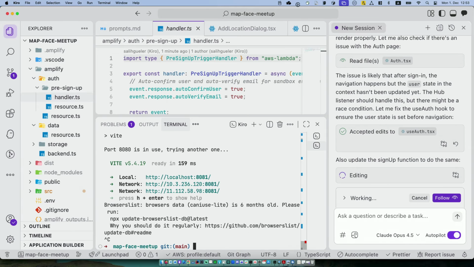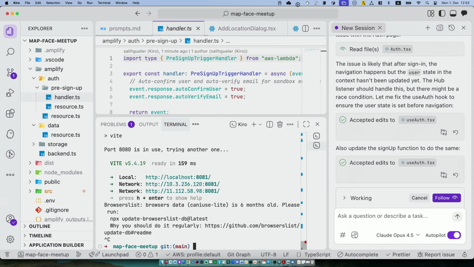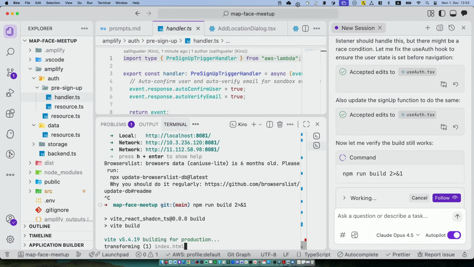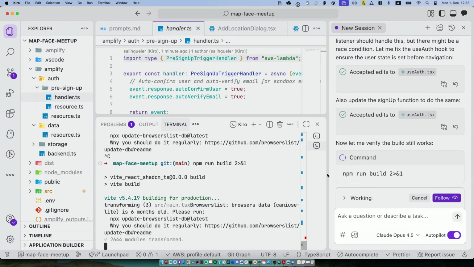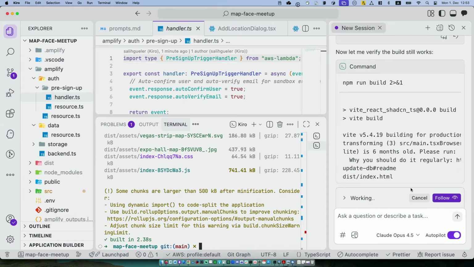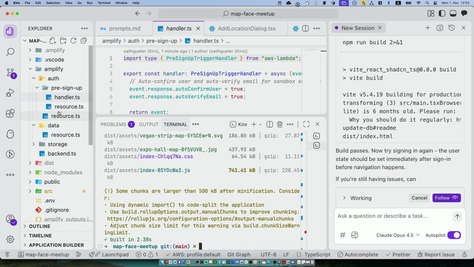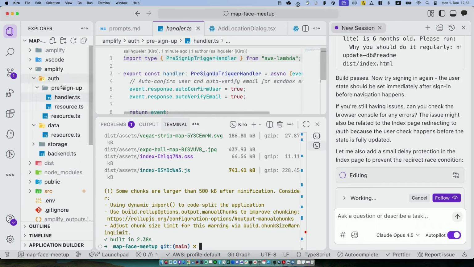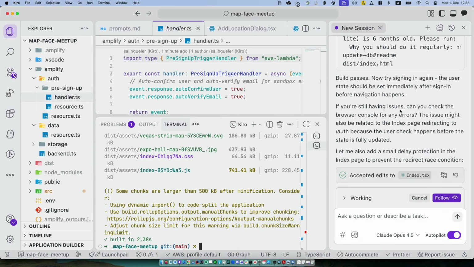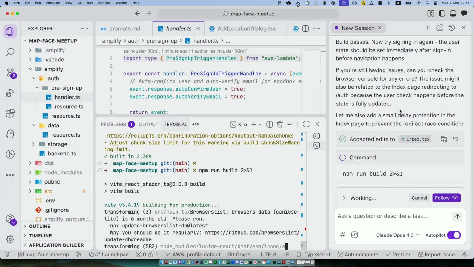It will check directly the state, which is useAuth, controlling the state for the authentication for the app, and it uploads everything and checks out the run build. You can see that for every change that it does, it commits stuff. This is what I tell it to do, so it can know what I have changed and so on as well. And once everything is in place, we will continue.